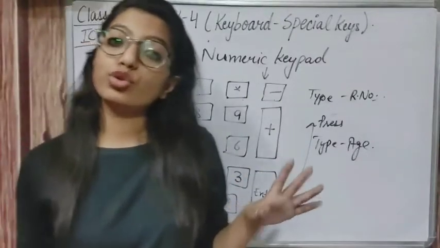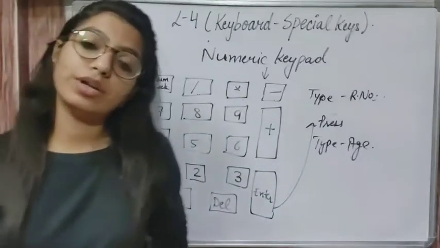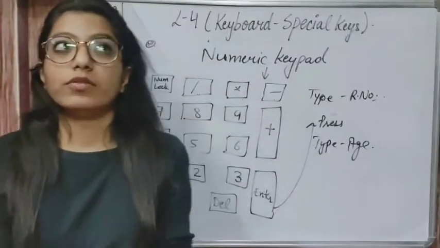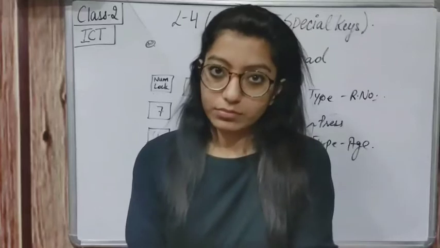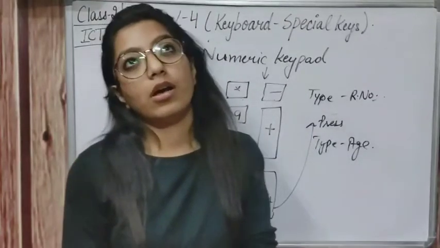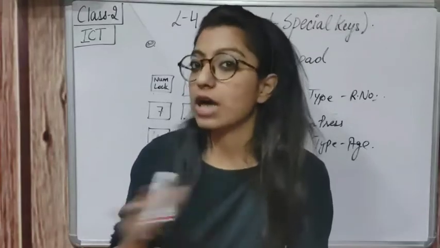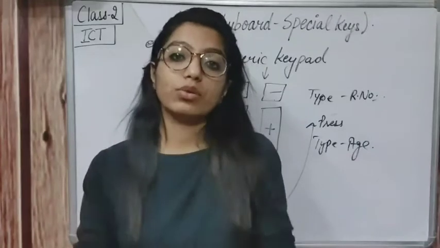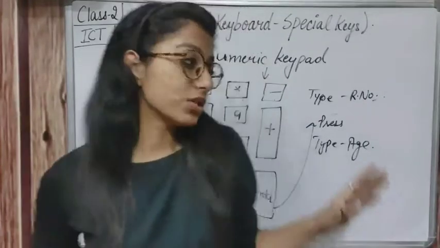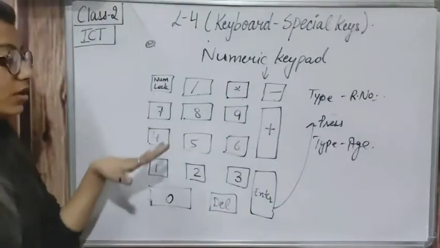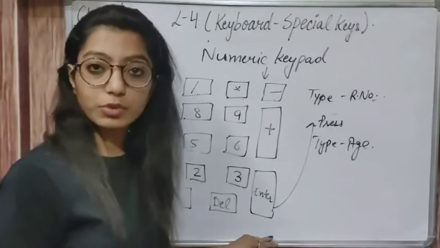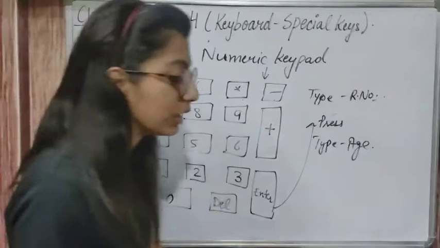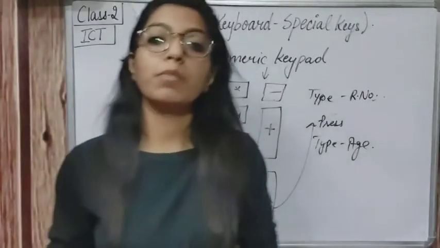Okay, and also you can start a calculator, as I already told you about the steps of calculator, how we can open the calculator. That was our very first practical. Again I am reminding you. Firstly, you will go to the start button, and then there you will go to all programs and then accessories, and there you can find calculator, and you can do the calculations on the computer. Okay, so this was about the numeric keypad and numeric keys.